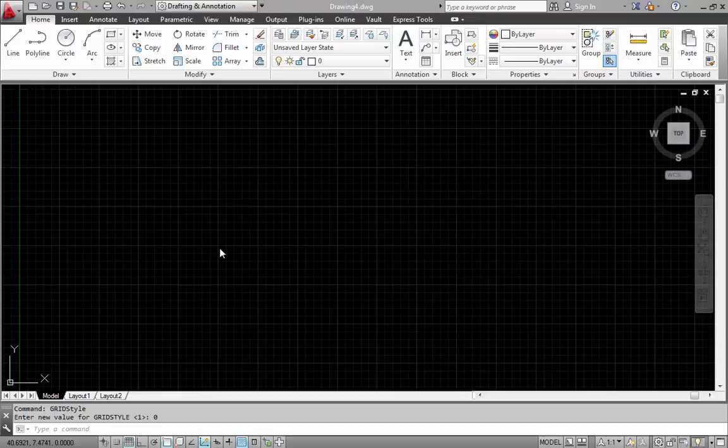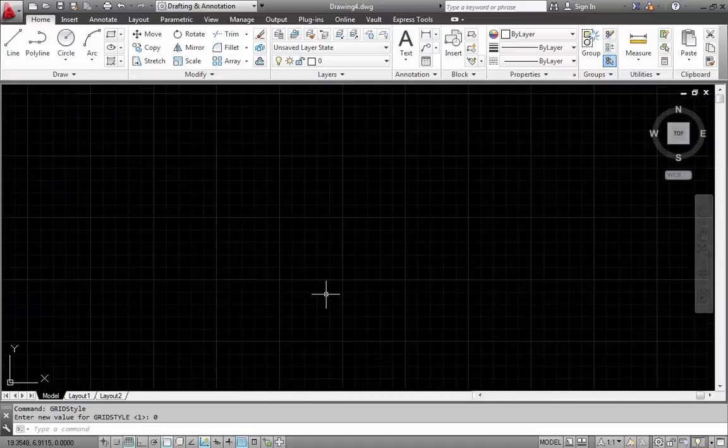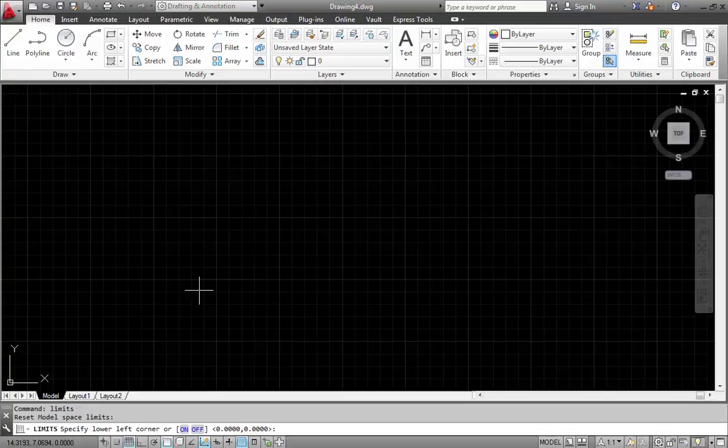To start off with, when I start in a CAD program and I zoom in and out, you have no concept of where you really are on the screen. So to make it easier when you get started, we're going to set up the limits to match a piece of paper. So to start with, I'm going to type in limits,